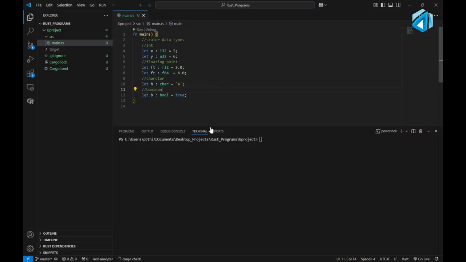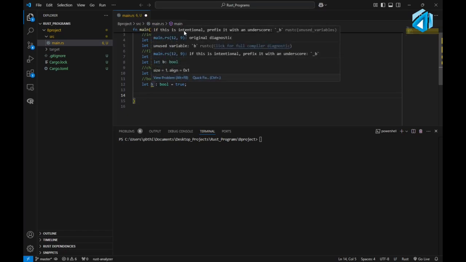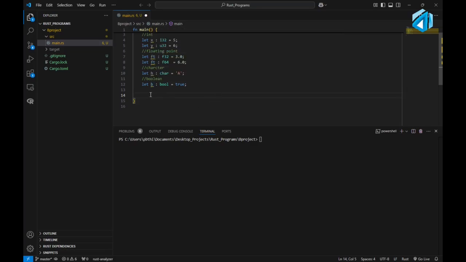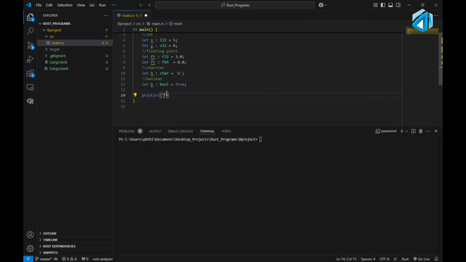Right, I just saved it. See, we haven't used any of these variables, so it's showing a warning that we haven't used it. Then just go below it, there's information about variable b. You can see the unused variable b, and it's giving us information regarding this. Then we just use println, and we'll print each of these, like x, then y, then